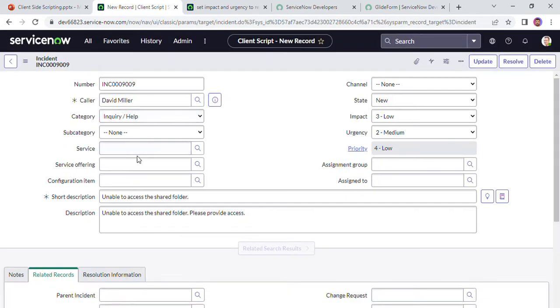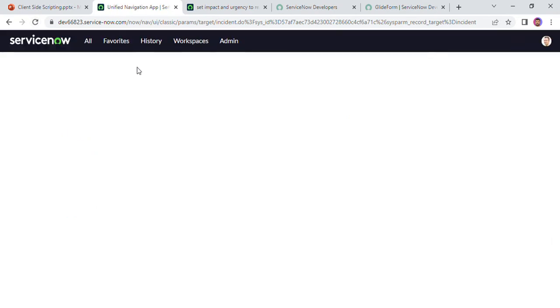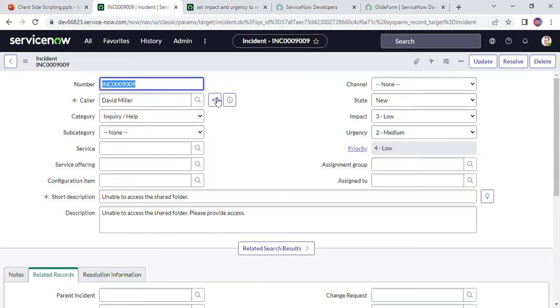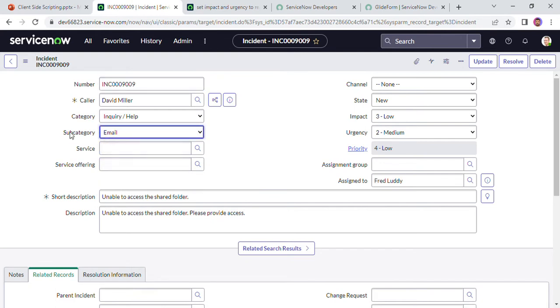I'm going to explain what's the difference between on load, on change and on submit. On load is if you want to perform some action after the load and after refreshing the form, then you can use the on load client script. But if you want to do some action on changing some field, then you need to use on change client script. If you want to perform some action before submitting the form to the server, then you need to use